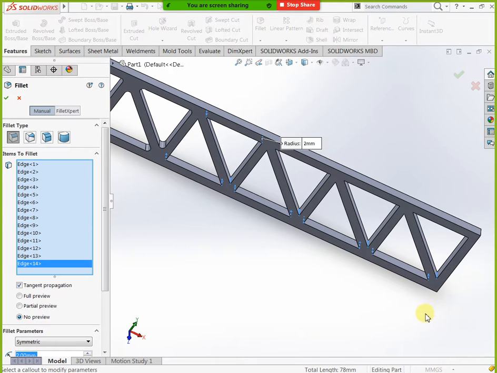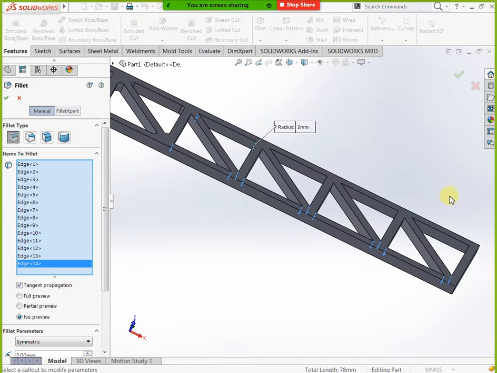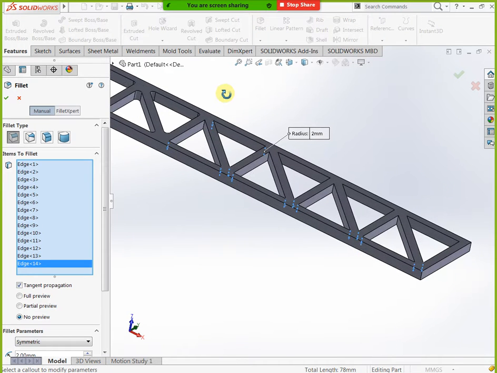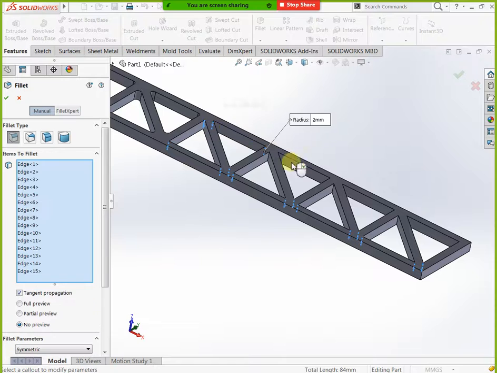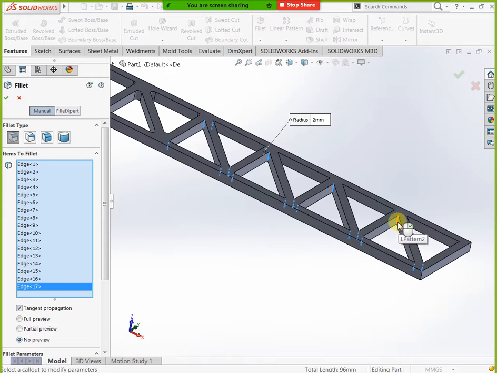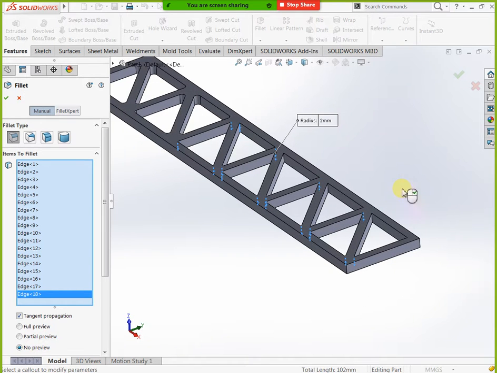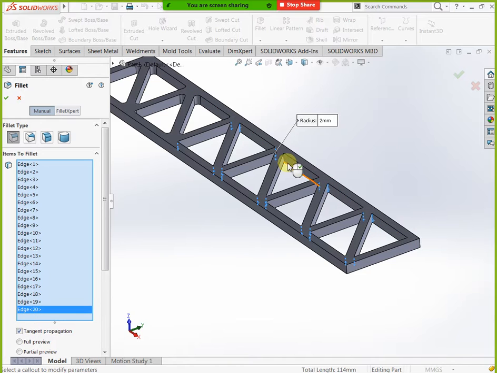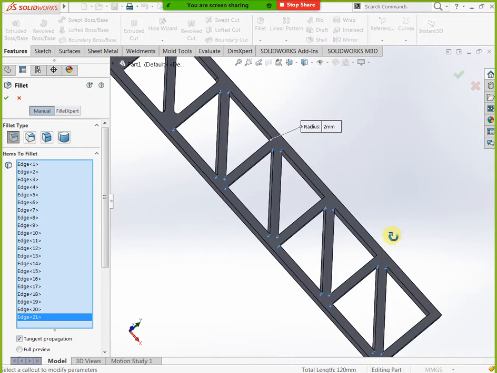You can turn like this and you can select all those edges very easily. Finish now. See now.